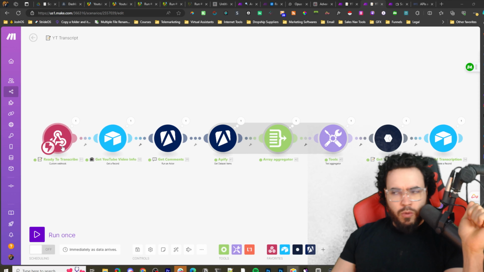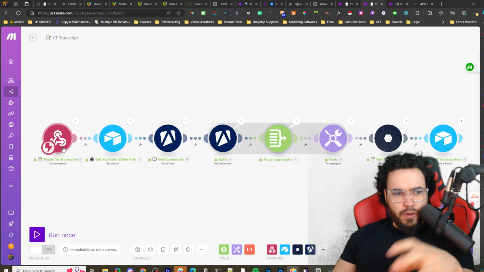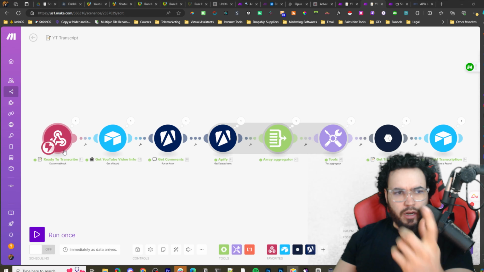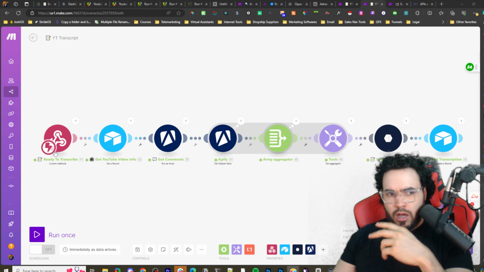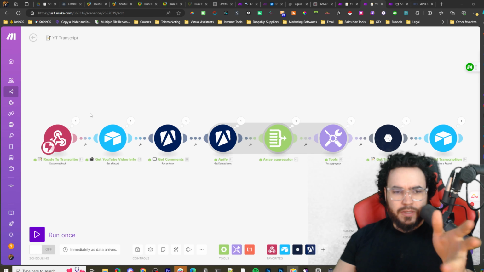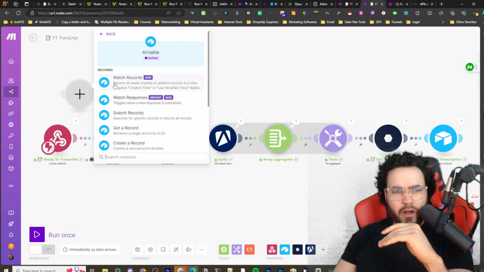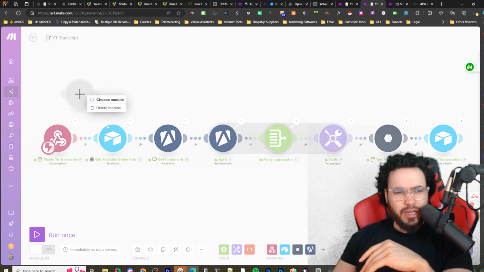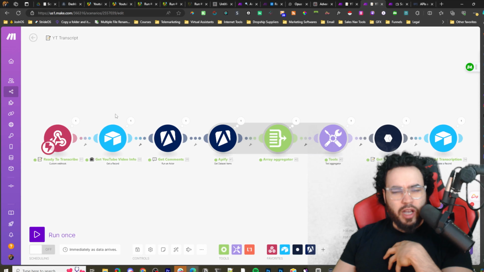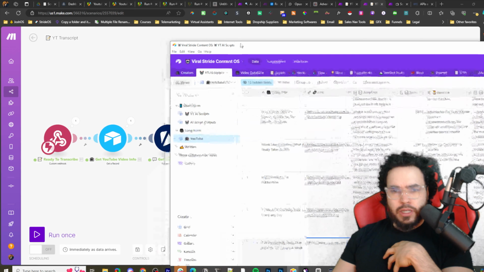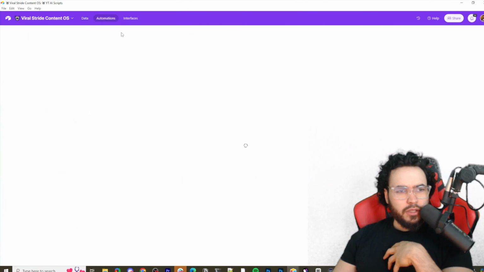So what we're doing here, and if you're not familiar with how I build out automations and scenarios with Airtable and Make, when I'm using those two, I very rarely like to start my automation with a watch records, just because you have less control in my opinion. What I like to do is go over to my automations within Airtable,